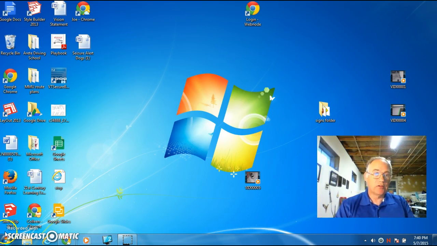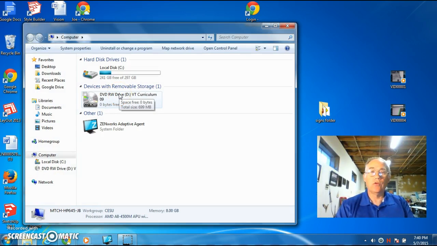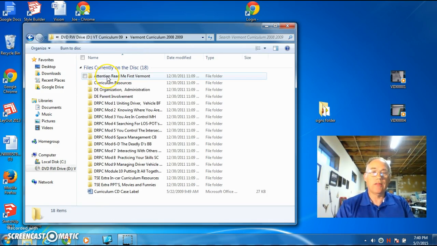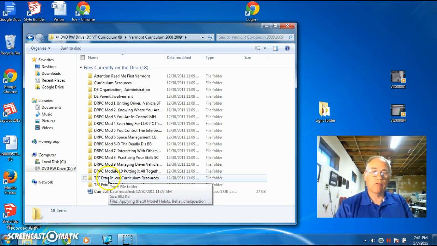First thing we're going to do is come over. I'm going to click on the CD, so I'll go to my computer. I'm going to go to the Vermont curriculum, double click. You'll get this icon, double click on that, and here's the menu for the tools that are available for your curriculum guide. There you have the curriculum resources, organization, parent involvement, and then each of the mods with all the PowerPoints, quizzes, tests that Rich showed you. What I want to do is work on the route planning, so the in-car curriculum resources are in this folder. Double click on it,